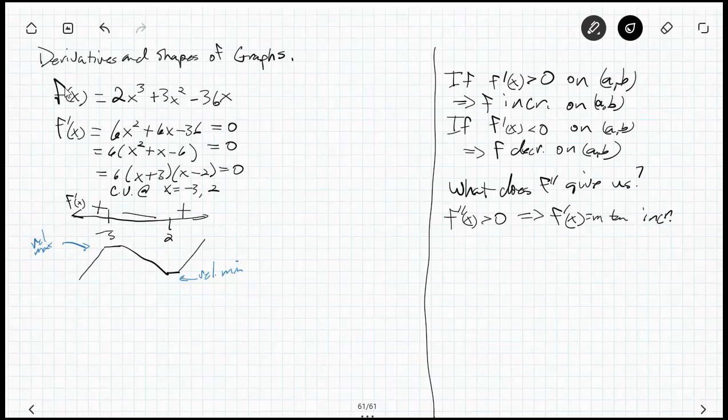If the first derivative is increasing, then the slopes of lines tangent are increasing. So let's think about two ways that that can happen. Let's make that be a slope of a line tangent, and that's going to increase. Another slope of a line tangent, another slope of a line tangent. So if I sort of connect the dots here, then I'm going to have a function that looks like this,